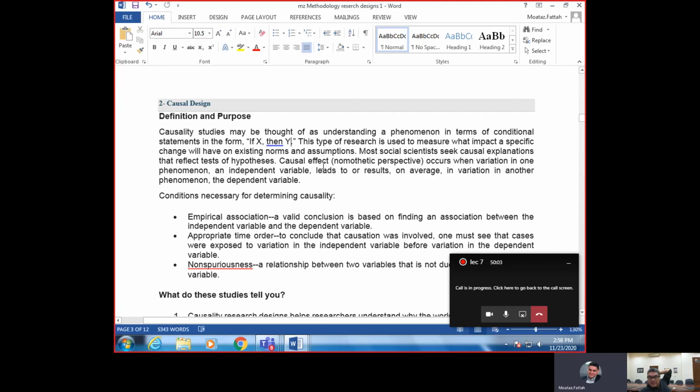Causal effect occurs when variation in one phenomenon, an independent variable, leads to a result on average in variation on another phenomenon, a dependent variable. So what I'm going to ask you to do, if you want to examine the impact of having a strong middle class on demands of democratization, is to show me variable X changing and variable Y changing with it. Show me, for instance,